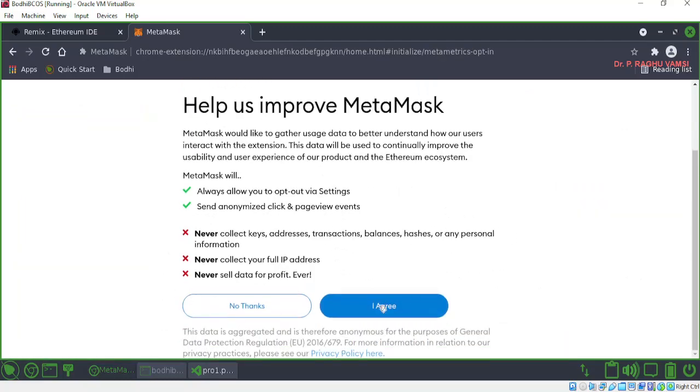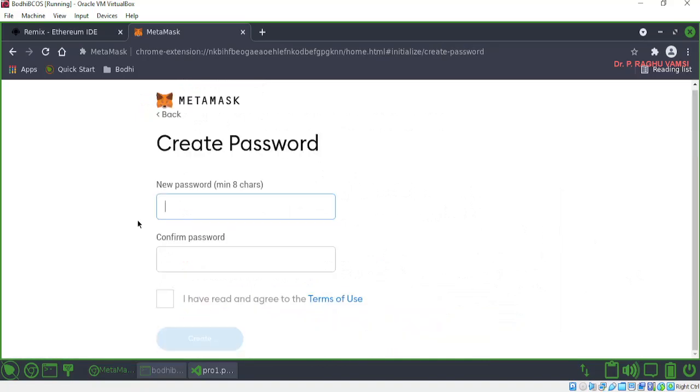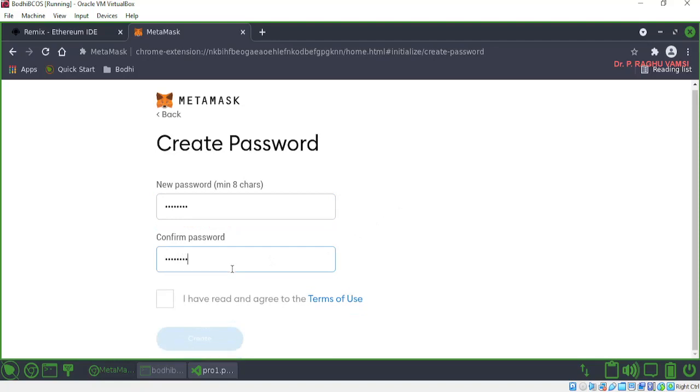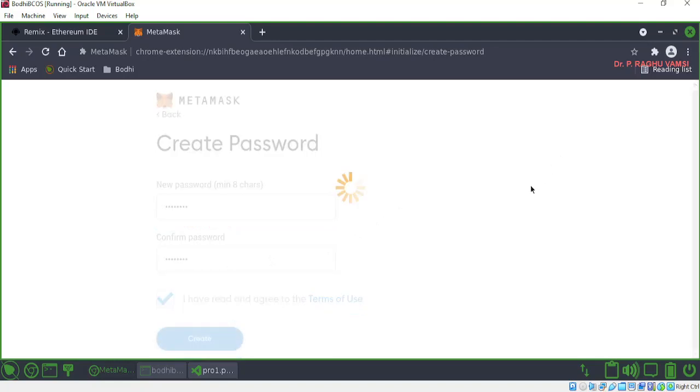So in order to create the wallet, here I agree. First of all, we need to provide a password. It is just like how you will give the password at the time of creating an account or creating your own node. So first we will need to give a password of at least 8 characters. I am giving 1 2 3 4 5 6 7 8, and it will give you the mnemonics, which are called key phrases.